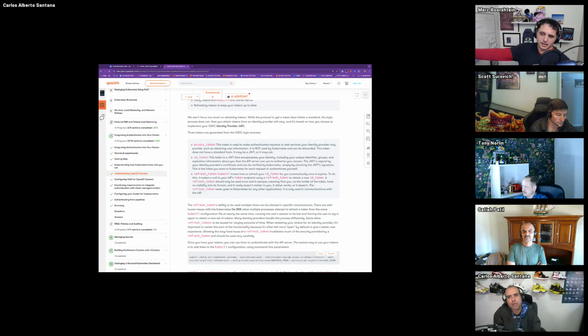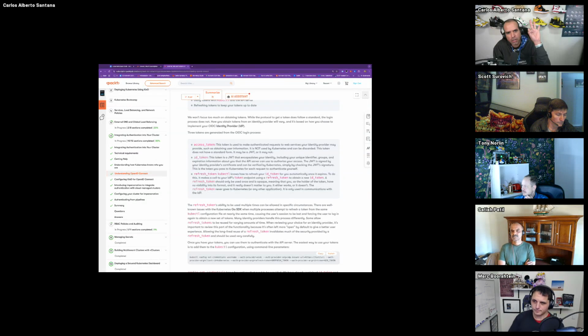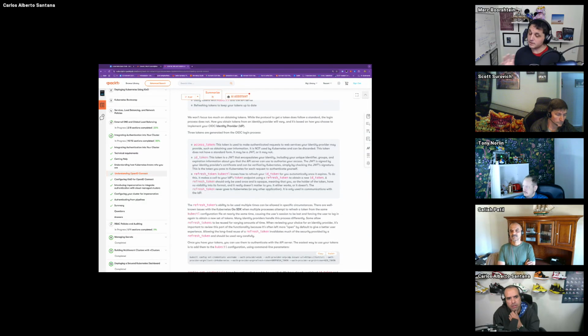So I'd go back to my identity provider and say, give me an access token for this service. You get an access token, ID token, and refresh token from your IDP. Potentially the access token is not necessarily a JWT. It can just be an opaque value. I see. That then means that opaque value has to be validated somehow.